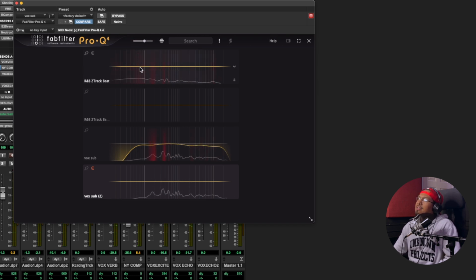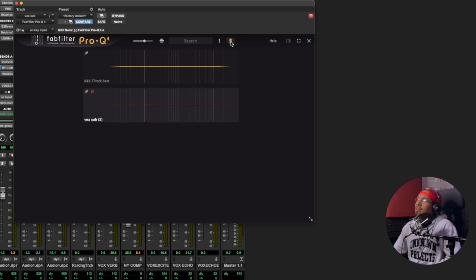I kind of see that I'm having some issues here. Now, I just kind of want to go between these 2 tracks right here. So what I'm going to do is I'm going to pin this and I'm going to pin this right here. Especially if I have a lot of tracks, it could be hard. And now I'm just going to click this pin. Then boom, all the other tracks disappear. And now I just have these 2 to where I can help cut and kind of give room to the